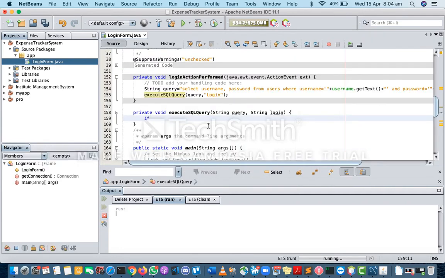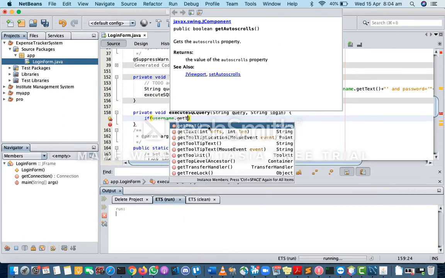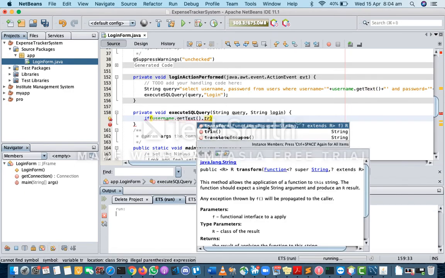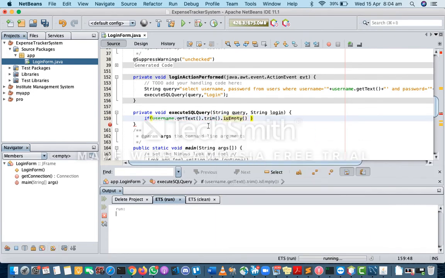Like if username.getText().frame.isEmpty, it checks if the username field is empty, and